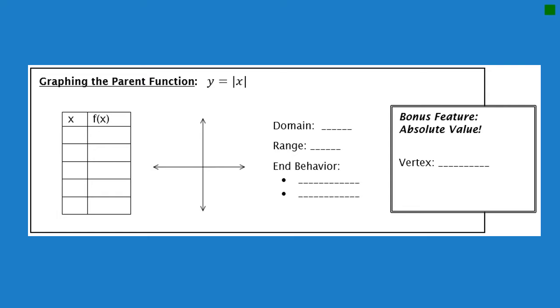The parent function of the absolute value family, it's a V. When we do our table for our parent graph, it would start at -2 and go to +2. When you take the absolute value of a number, it's always going to turn that number or keep that number